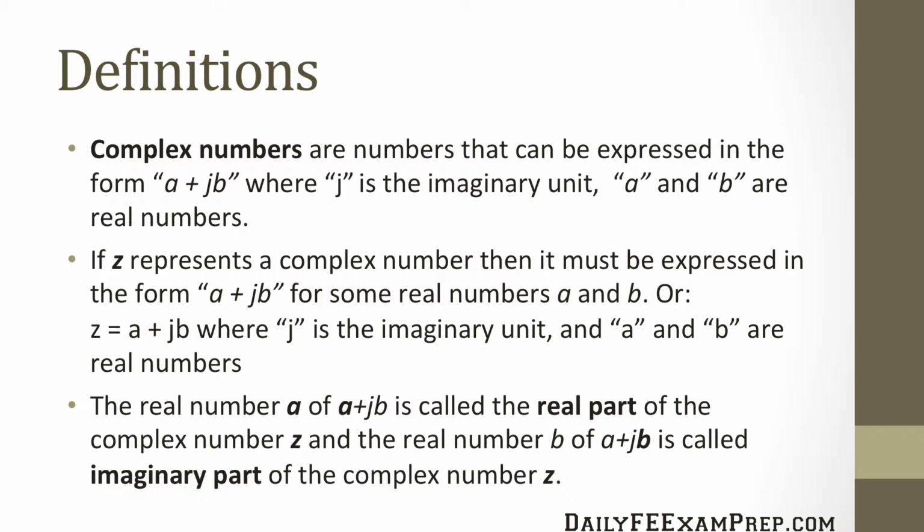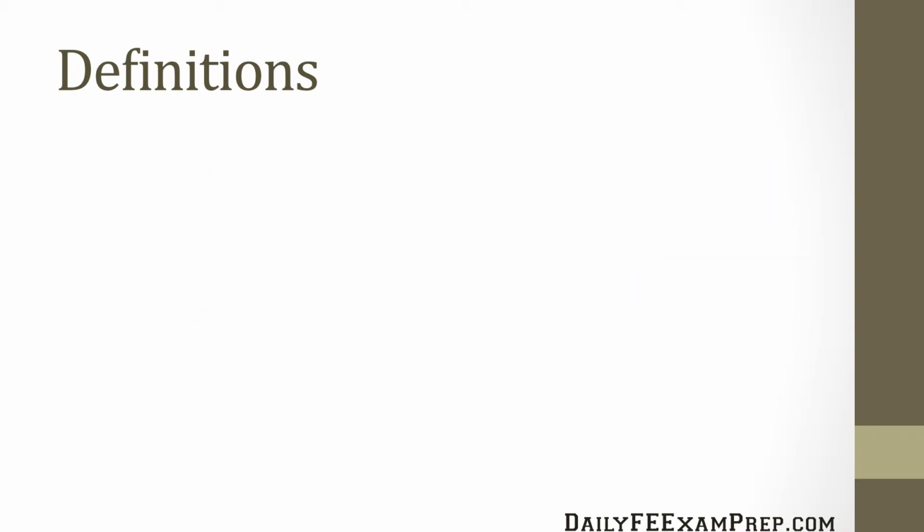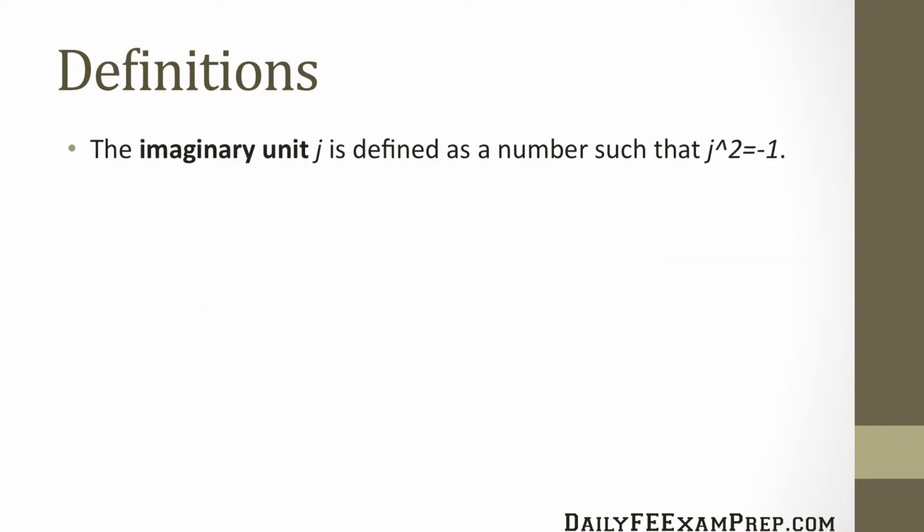Okay, so the real number a of a plus jb is called the real part of the complex number z, and the real number b of a plus jb is called the imaginary part of the complex number z. So the imaginary unit j is defined as the number such that j squared is equal to -1. Okay, so that's very important. So we'll talk about that in future videos, but if you ever forget, just come back here and review